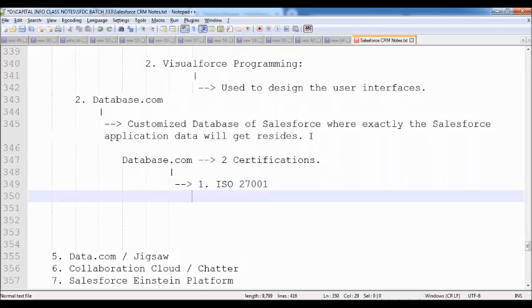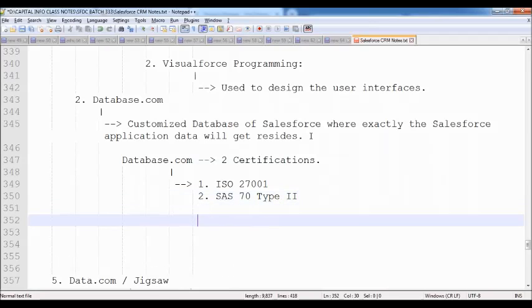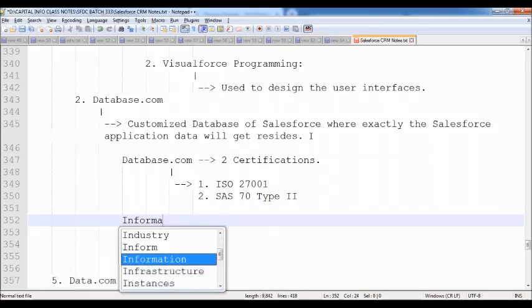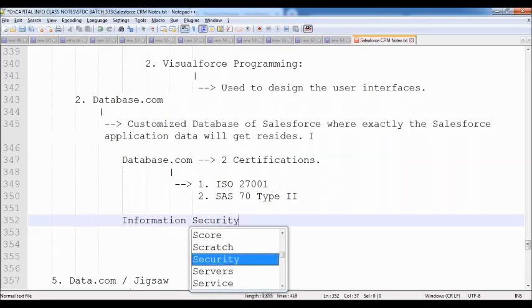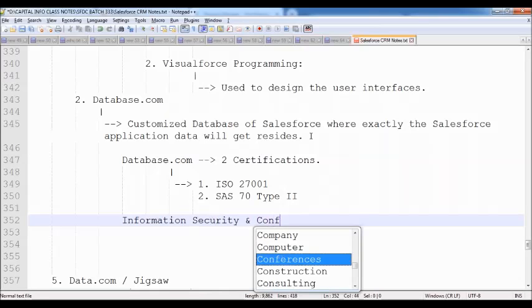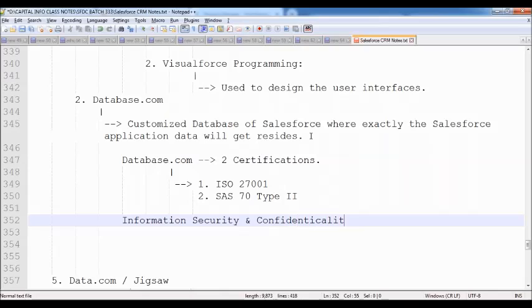The second one is SAS 70 compliance Type 2 certification. These two certifications mainly concentrate on information security and confidentiality.